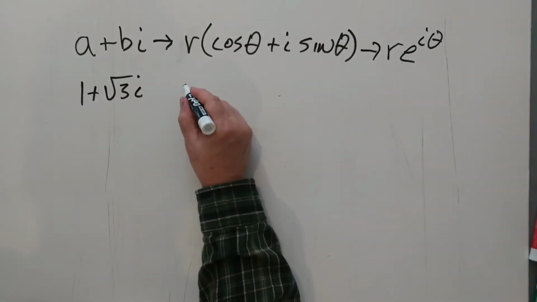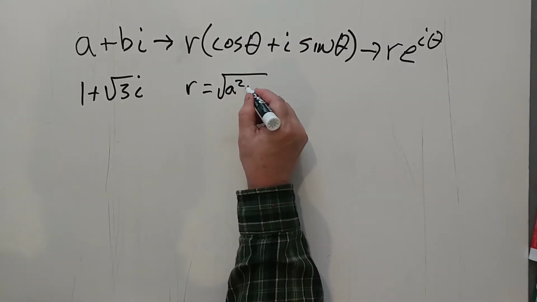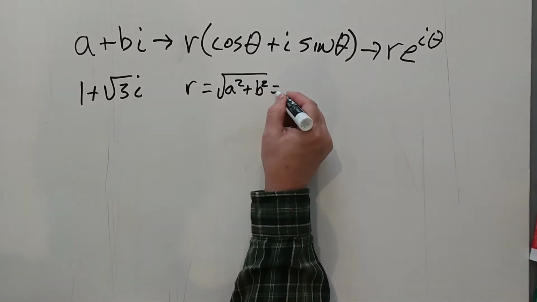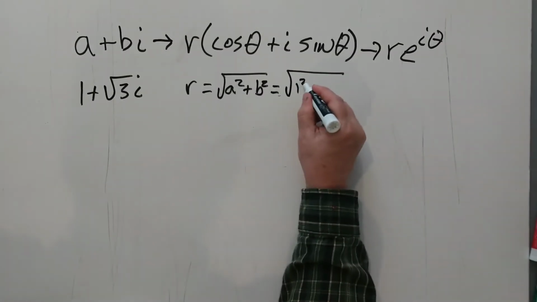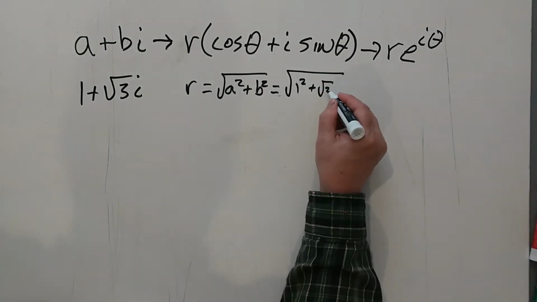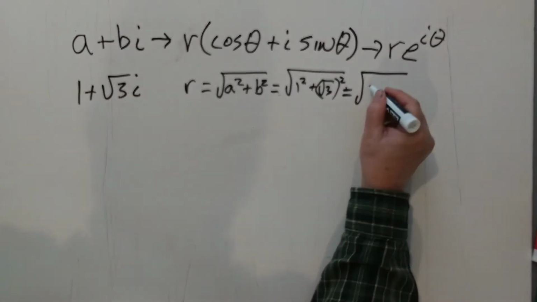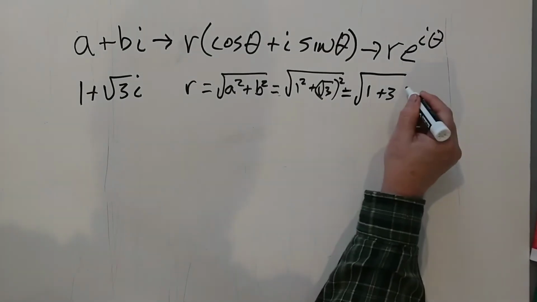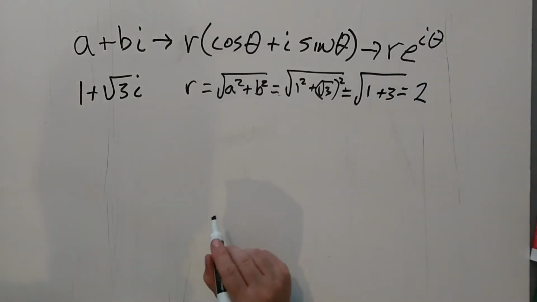We know from before that the radius is equal to the square root of a squared plus b squared. So in this case, that's the square root of 1 squared plus the square root of 3 squared, which is the square root of 1 plus 3, which is the square root of 4, and that has the value of 2. So the radius is 2. To find the degree